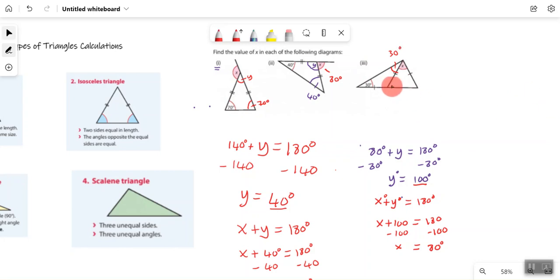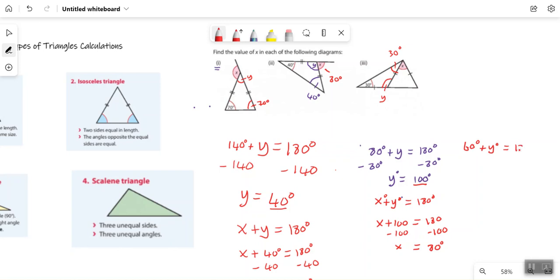And we can say that this angle and this angle are equal to each other. Now we don't know them, but we can work them out. So we can work out what this angle in here is. Okay, so we'll call this angle in here y. So we can work out what that's equal to, because these three angles in here have to add up to 180. So 30 and 30 is 60 degrees plus y